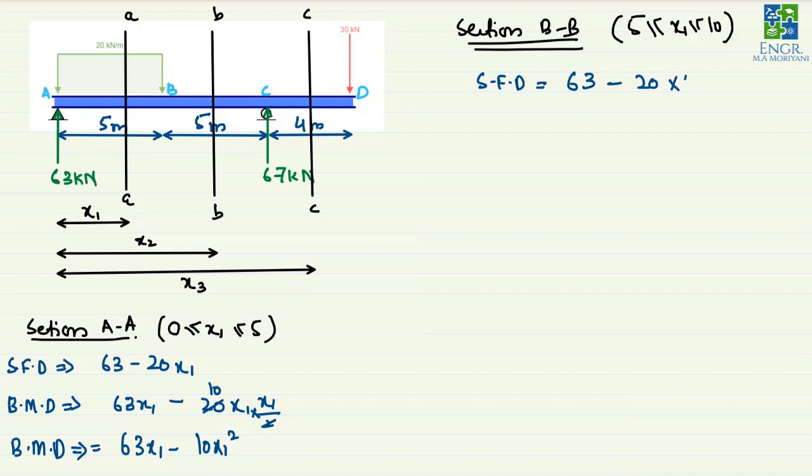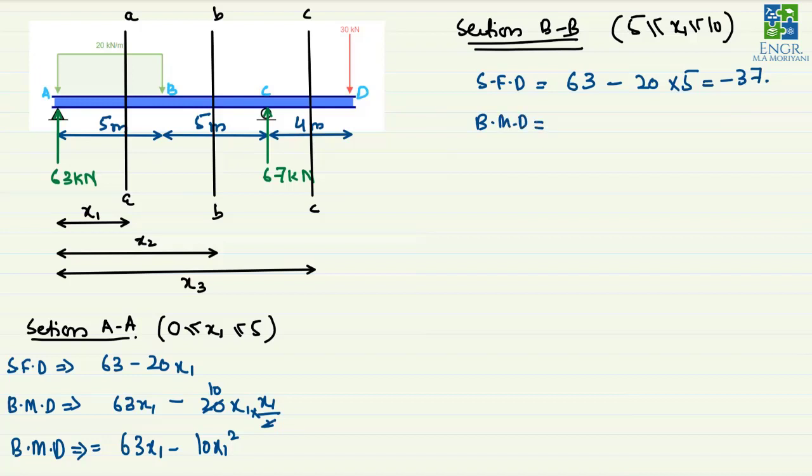So we will take the total magnitude generated by this uniformly distributed load. So this will be 20 multiplied by 5. So this will give us the value of minus 37. So this minus 37, which is a constant equation, represents the shear force diagram for the region B to C. And for the bending moment diagram,